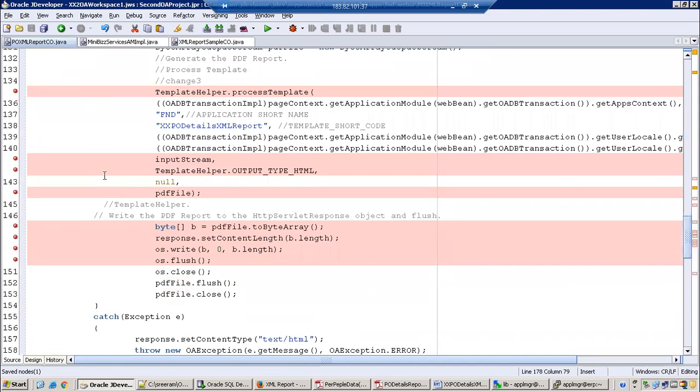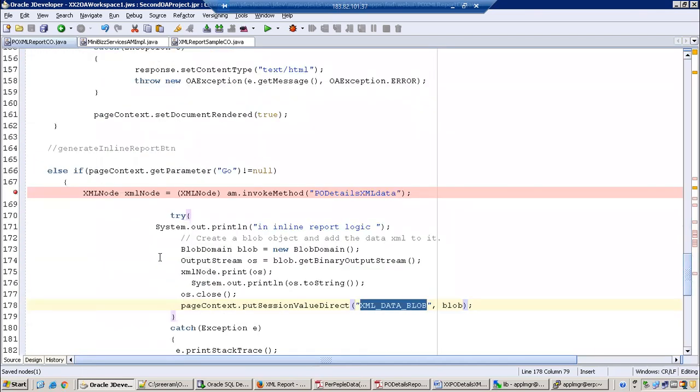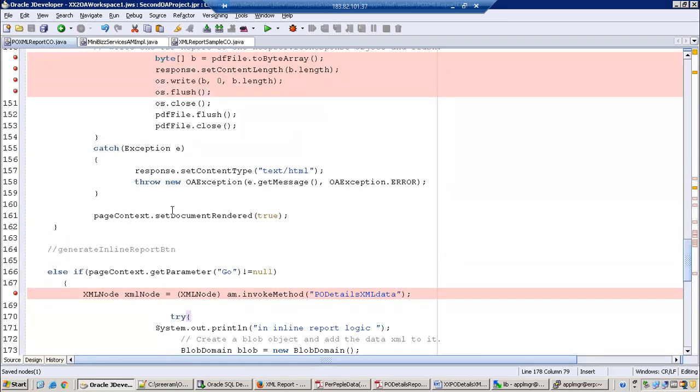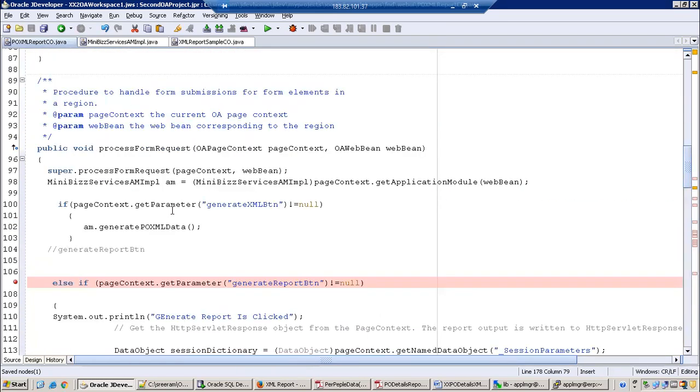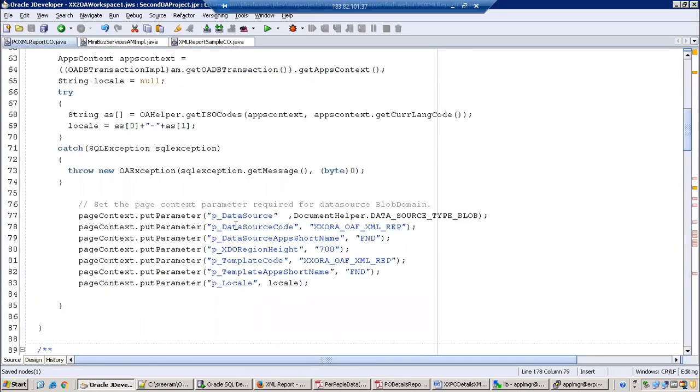Even though in our method we have written only this content, when you have a button, you are using a shared region. This Go button initially will be taken care of by our page, and then later taken care of by the region. First the custom page is called, then the standard region is called internally. Oracle has written a good amount of functionality in the standard region which will reload the page, and then our particular page's process request will be called.